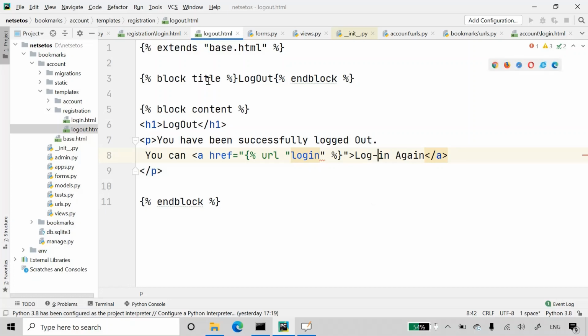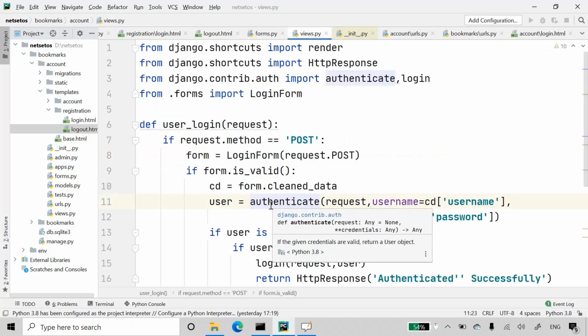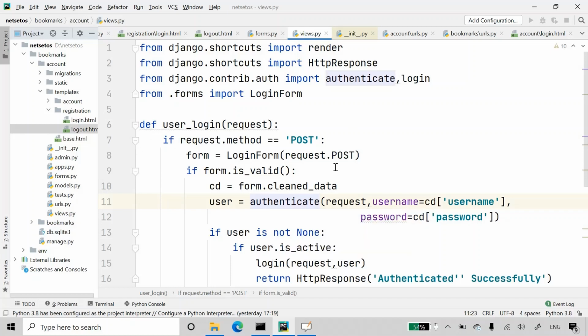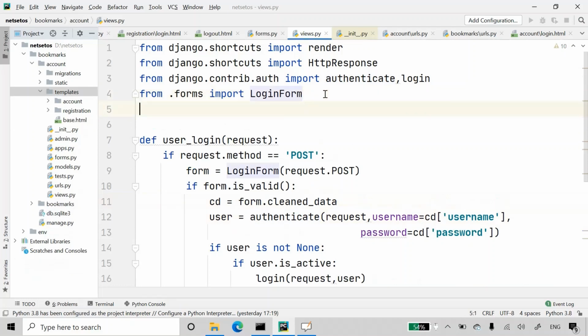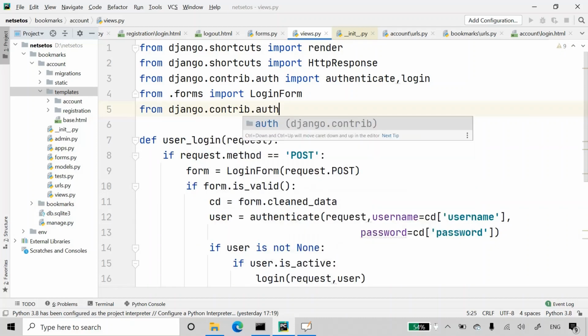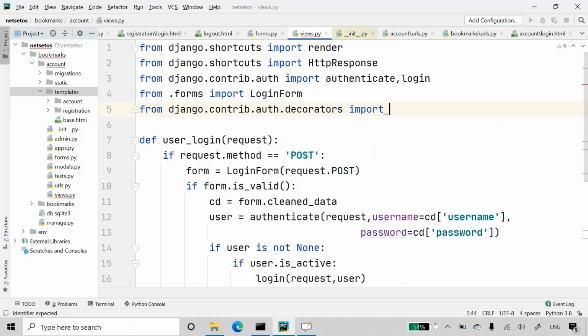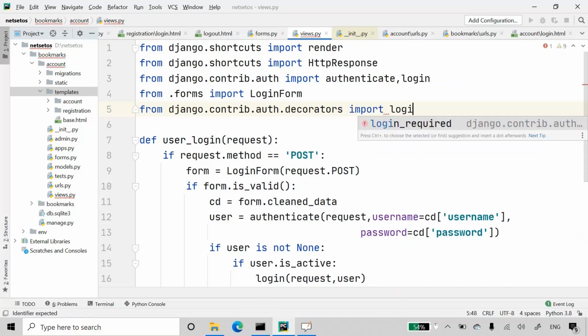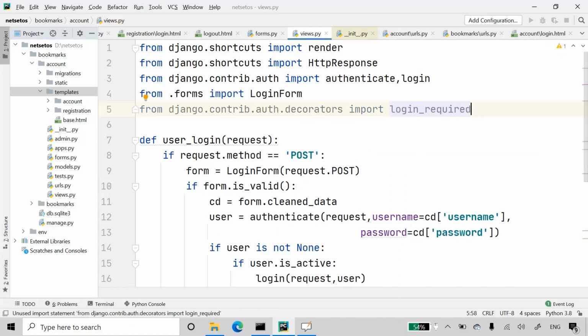So for that, I will go to views, and here I'll be making a function with the name dashboard. So we will import first of all login required, which will be imported from django.contrib.auth.decorators.